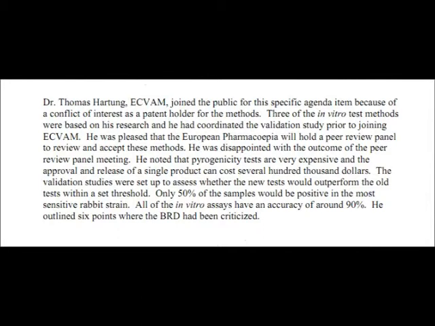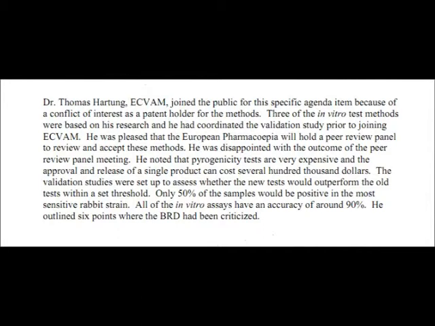It was probably to do with how the validation studies were to be performed. Anyway, it goes on. Only 50% of the samples would be positive in the most sensitive rabbit strain. All of the in vitro assays have an accuracy of around 90%. He outlined 6 points where the BRD had been criticised. The BRD stands for the